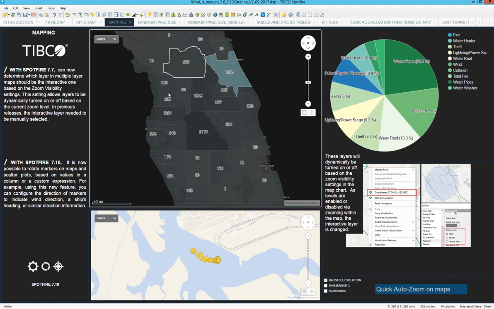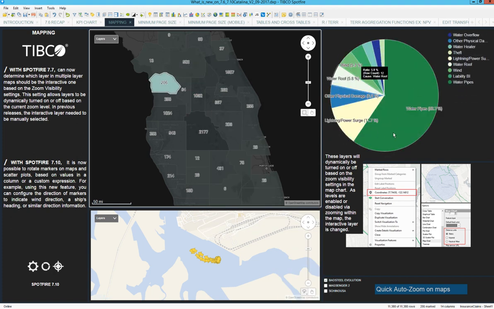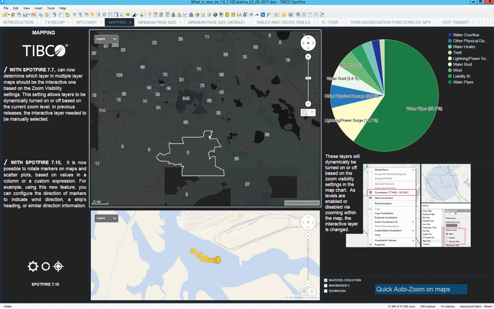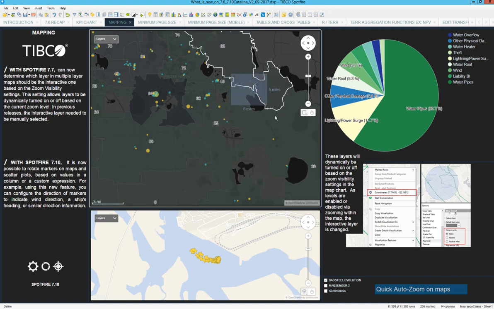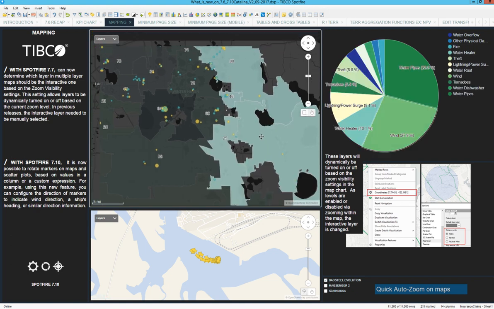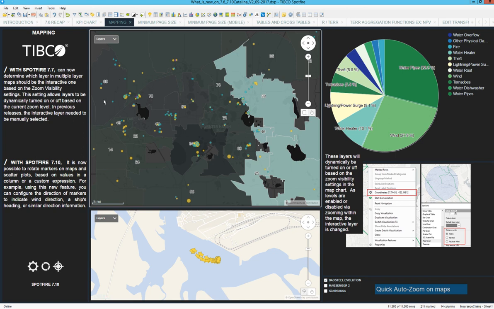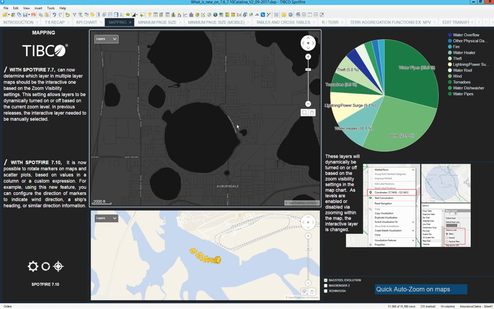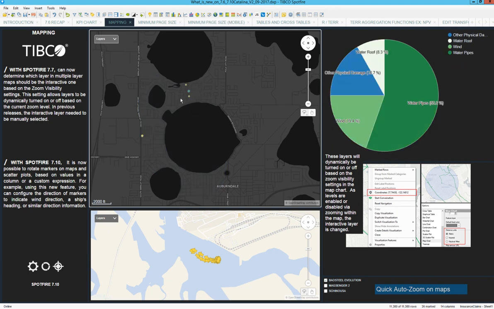So every time that I click a different shape, I have a different pie. What if I go farther in the zooming in capabilities of Spotfire and I start seeing all of these extra dots? What this means is that we do have a marker layer that is under the shape layer. So if I want that layer to actually handle the interactivity, what I will have to do is only zoom in, and now I can actually select those dots to be the ones that are controlling how this pie gets